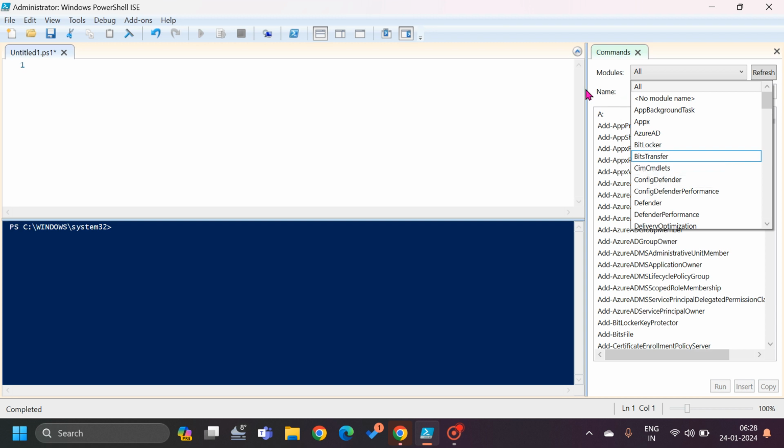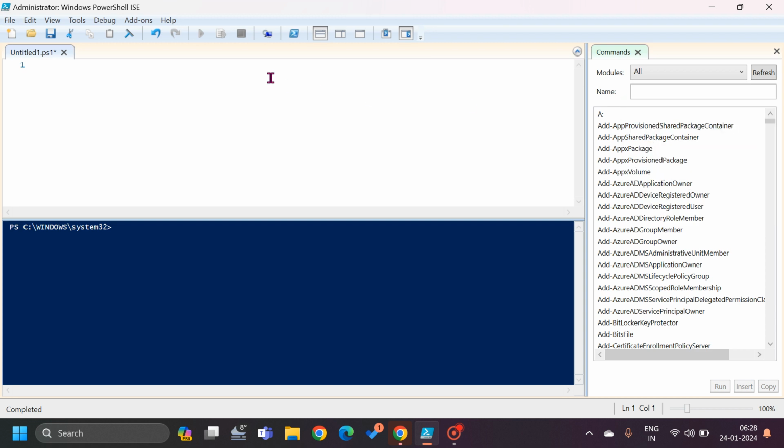It is not humanly possible that we will be able to understand every command, learn about every command, and remember the use of every command, right? So basically, if you know certain commands through which you can understand the usage of other commands, it will be very beneficial, right? So today we will try to understand two three basic commandlets through which you can understand the usage of other commands, right? So starting with the first command, which is Get